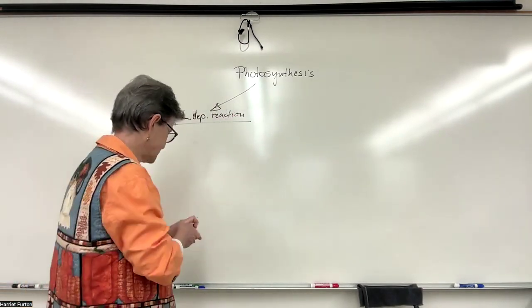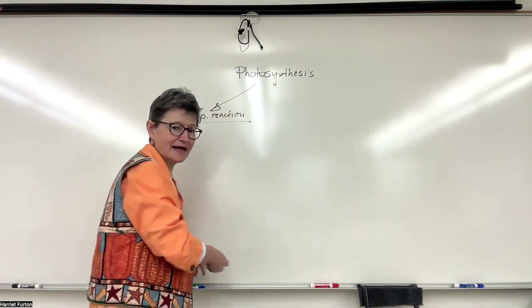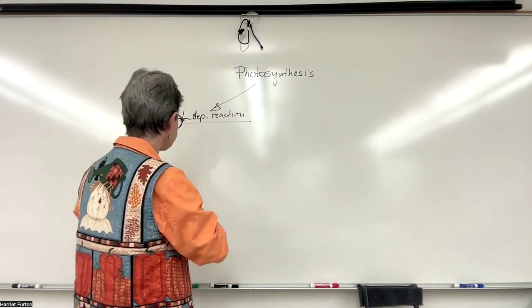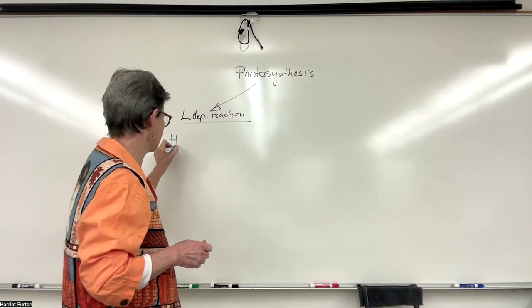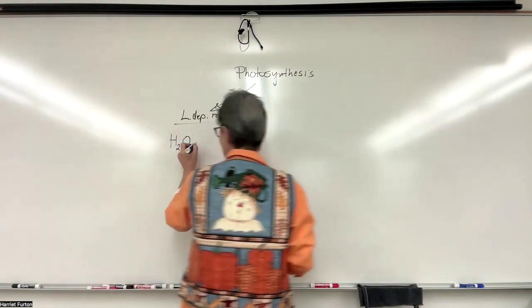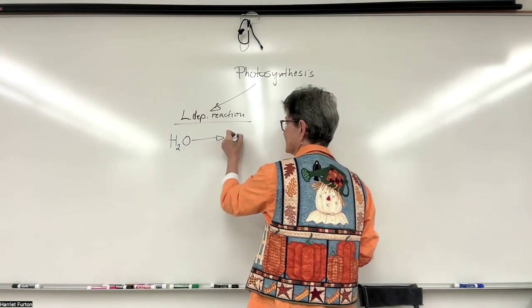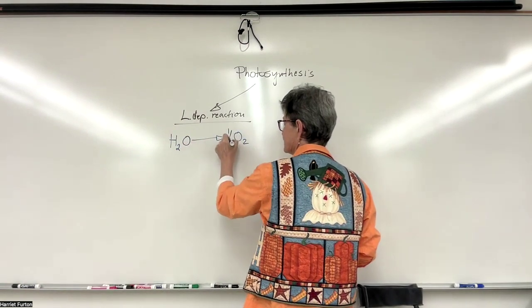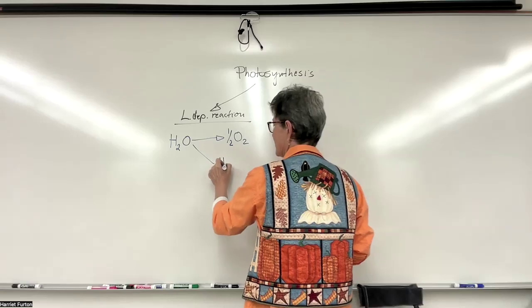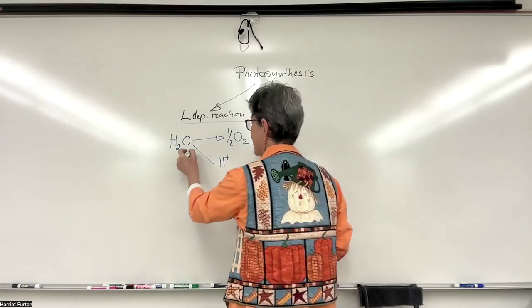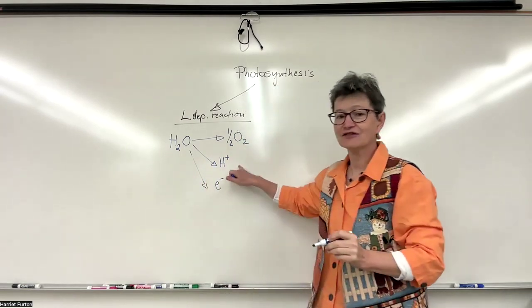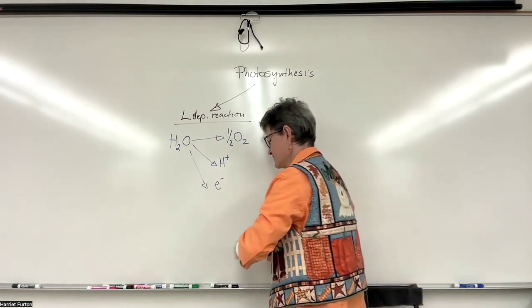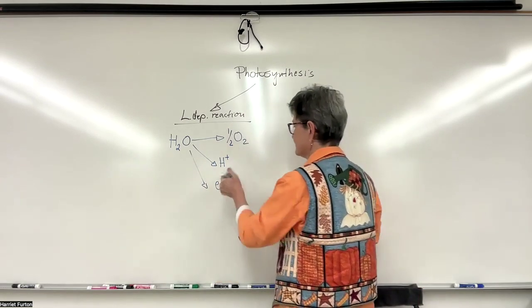And this time we had the water coming through the xylem from the soil, and the water split into oxygen and hydrogen ion and electron. The electron and the hydrogen ion was picked up